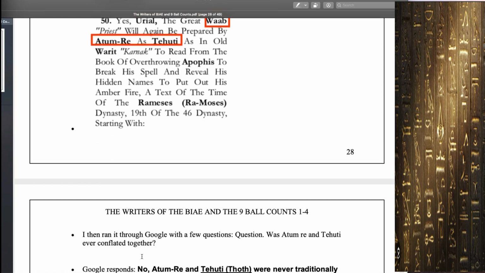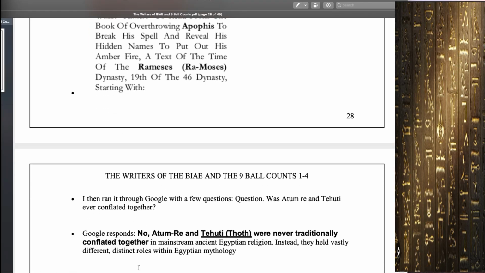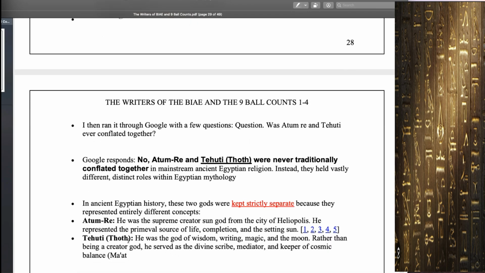I then ran it through Google with a few questions. Were Asa and Tahuti ever conflated together? Google answered, no, Asa and Tahuti were never traditionally conflated together in mainstream ancient Egyptian religion. Instead, they held vastly different, distinct roles within Egyptian mythology. In ancient Egyptian history, these two gods were kept strictly separate because they represented entirely different